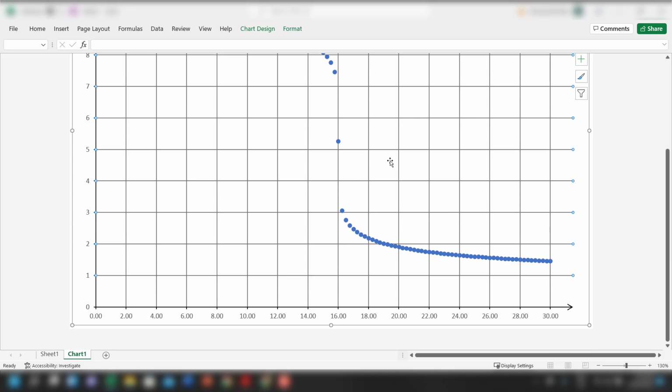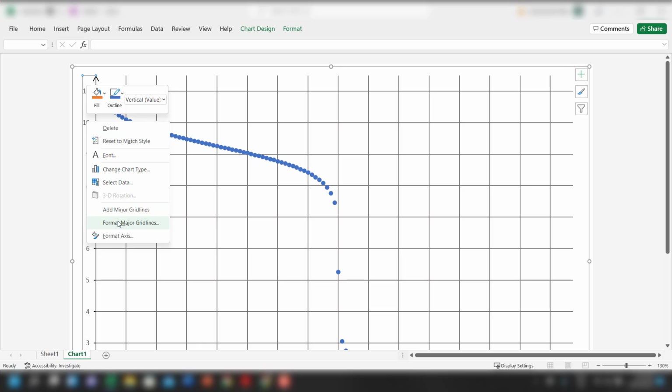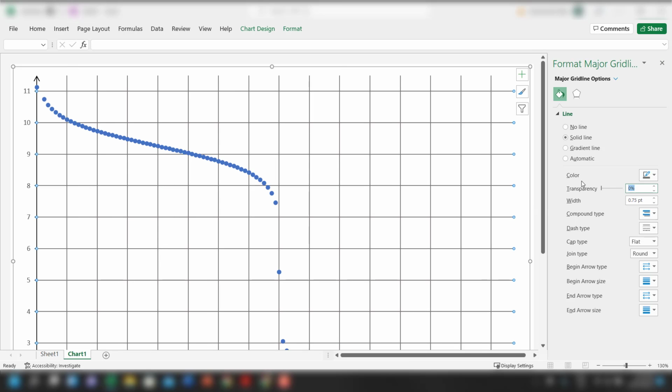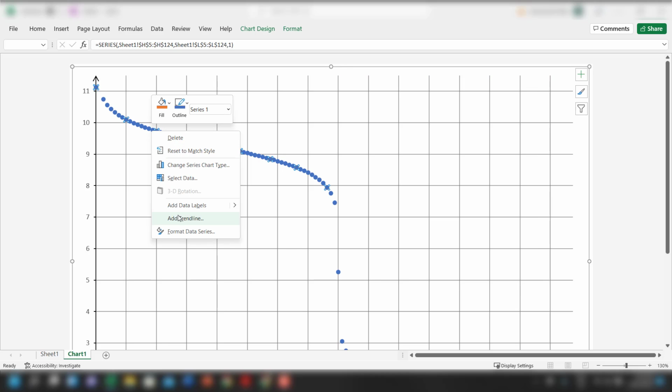Okay, if you think that the lines are a little bit distracting for the major axis, you can actually make it a little transparent, let's say 20%. Okay, and then we'll do the same to the horizontal ones, which is 20%. Okay, then it will look a little lighter. Yeah, and then when you input your trend line,